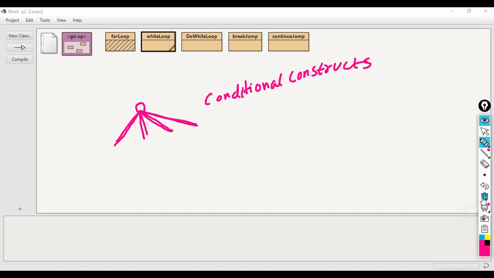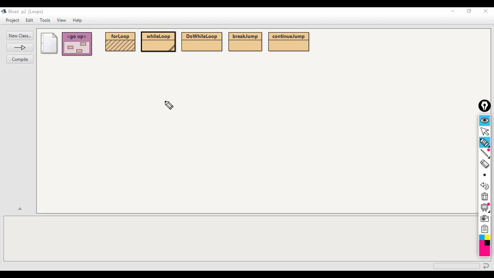But in case of iterative constructs, iterative constructs are used for looping. Iterative constructs are used for repeating the execution of a set of statements.